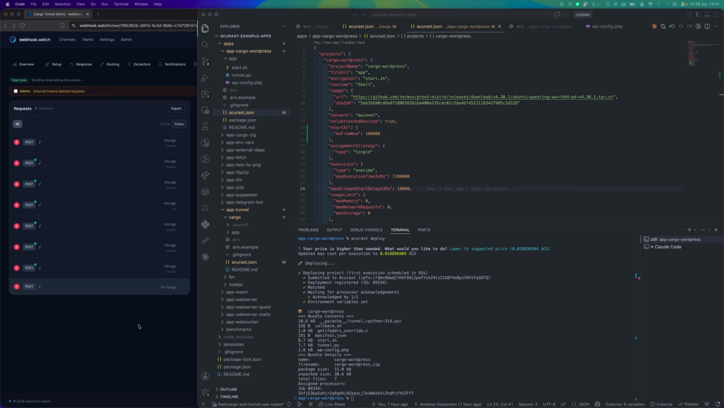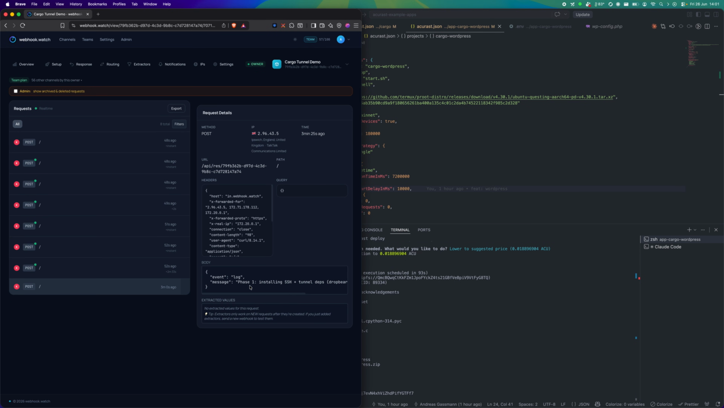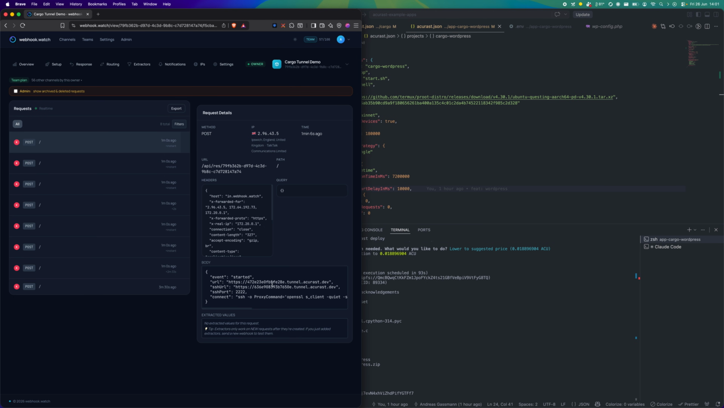Okay, and now also the other requests came in. Again here phase 1 installing SSH and tunnel dependencies, then Dropbear, the SSH server, was started, then the reverse tunnel is being set up, then WordPress installation starts, and then a few more logs until we are here at the end where we can see we have two URLs. The first is the one where our WordPress site is hosted, and then we have an SSH command and endpoint where we can connect into the processor. But this we will not need, so we just take this one,